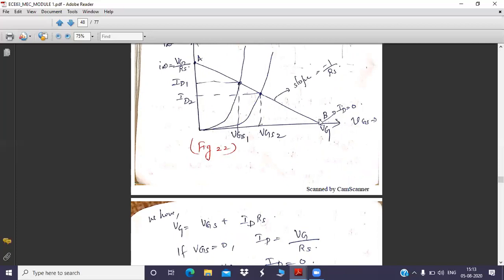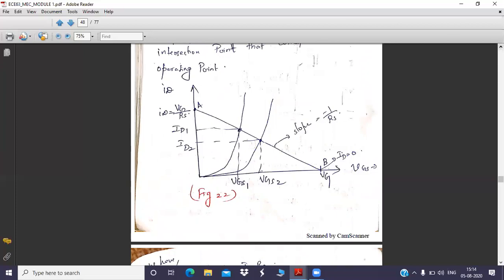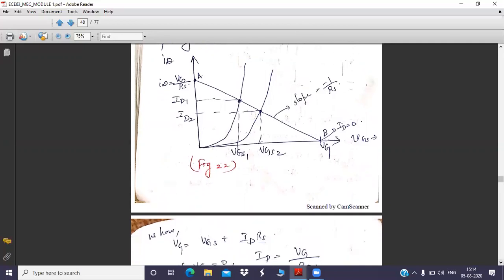Now coming to point B. Point B lies in the x-axis. Now, Bhavani, you have to answer. Here we are trying to find the point B. So what do you have to do? Again, I will give a clue for you. Any parameter that is lying in the x-axis, we need to find. For that, correspondingly, the y-axis parameter should be 0. So what do you have to do in this equation? This is the equation you have. Which parameter will you put 0 here?